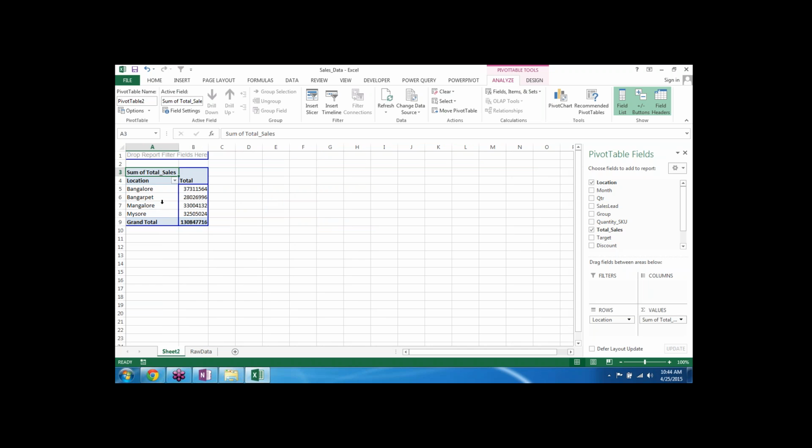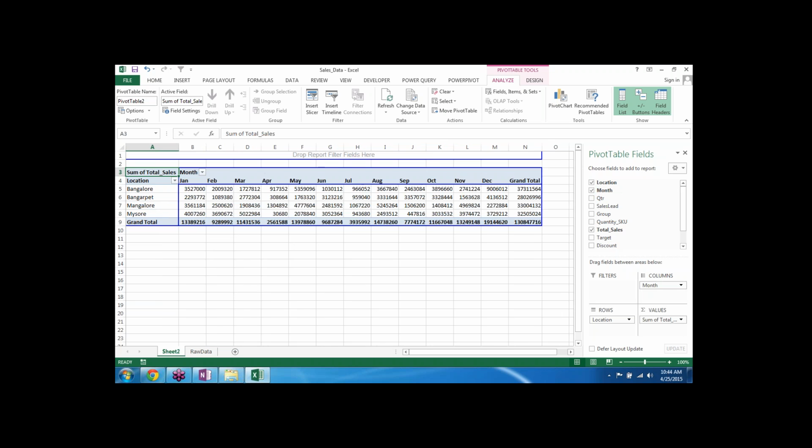Now the manager says, okay fine, you have put it in a location wise manner. I want to see for all these locations what they have done per month, how they have performed. I say okay, not a problem. We can keep the months over here and see how they have performed throughout the month.